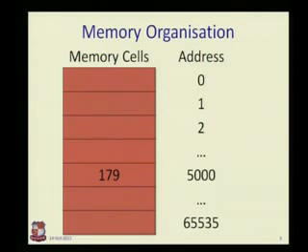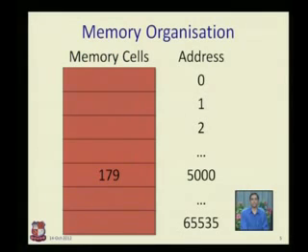So we can assume our memory as a linear array as shown in this figure. We have a memory cell in red color with the number 179 as its value. On the right hand side I am showing the addresses, say address 0, 1, 2, 5000 and the last is 65535. So what is this 65535? This is basically 64 kilobytes. Generally in earlier CPUs we had 64 kilobytes of memory. So I have shown this as the memory of an earlier CPU.